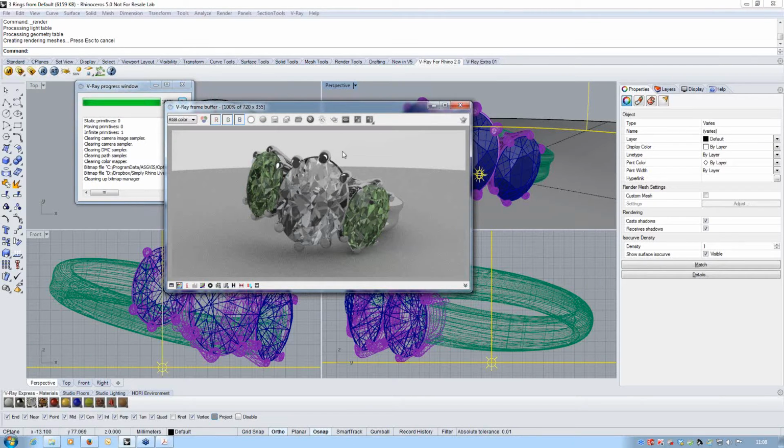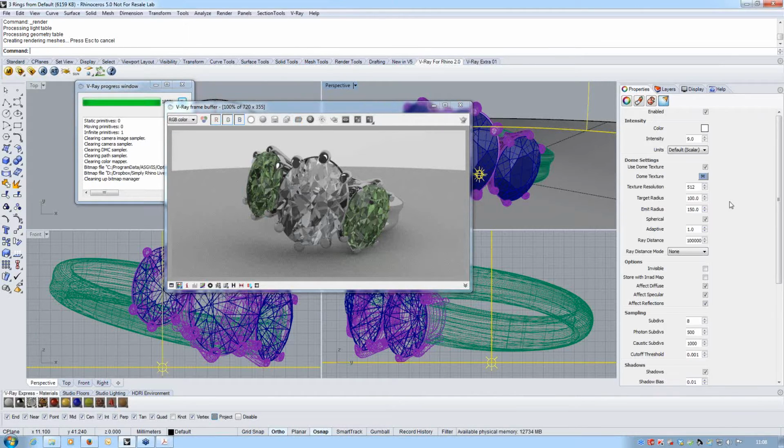One of the things about the dome light here is that by default you will see the image that we're using to light with in the background. So effectively we see the inside of the dome, using exactly the same metaphor as we do in the Environment tab. So if I was to select the dome light and make this invisible, then we'd see our environmental image